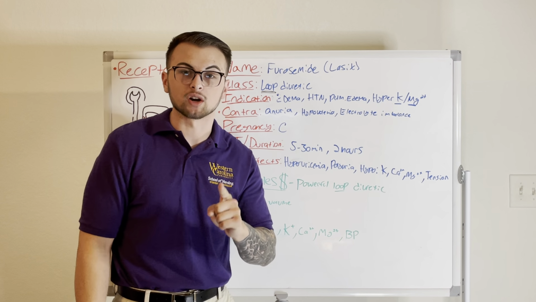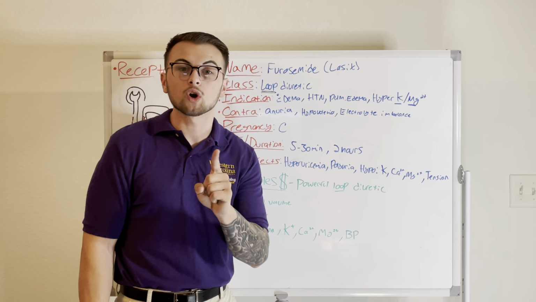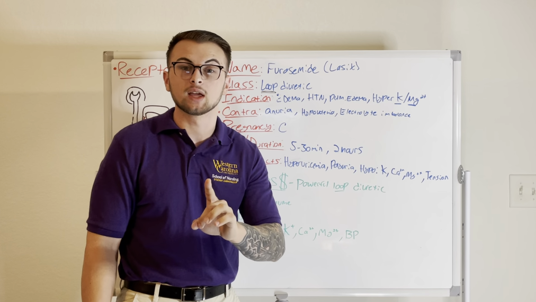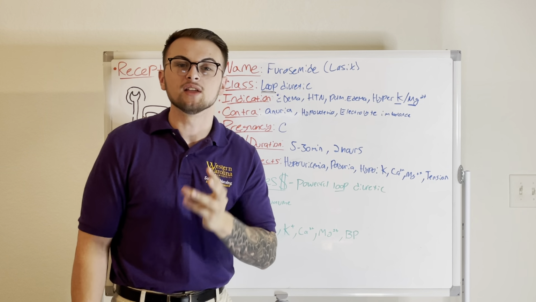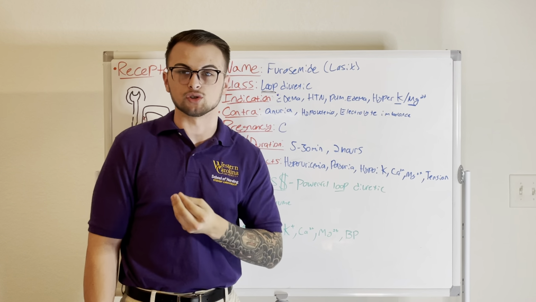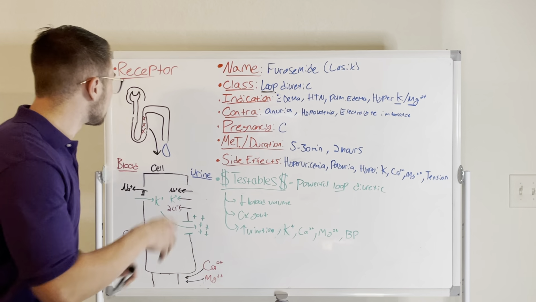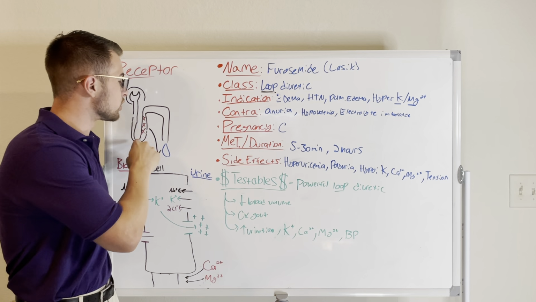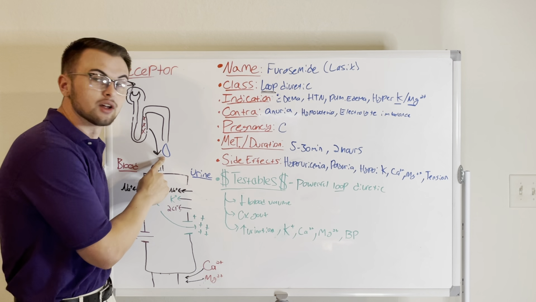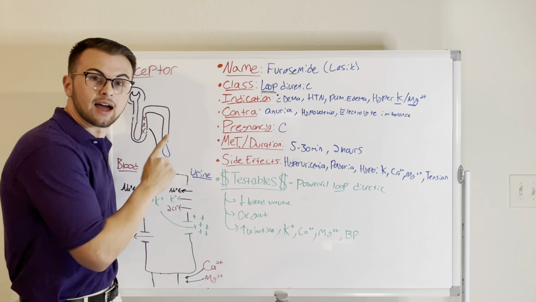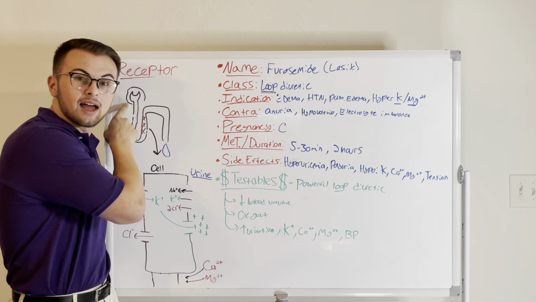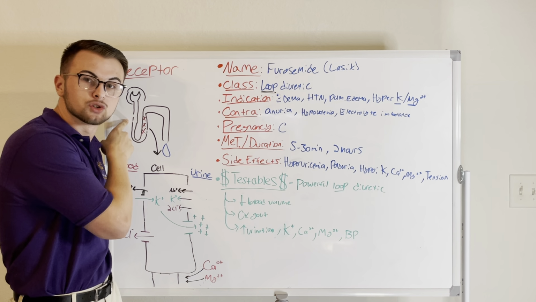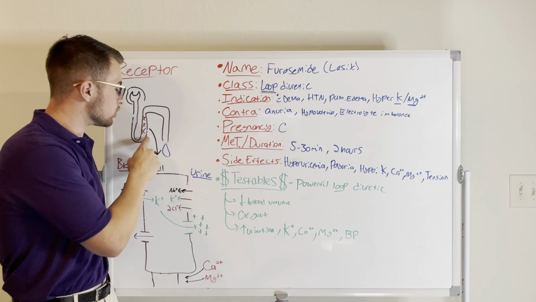Now, to make this drug so easy to understand, we're going to understand how furosemide works on a cellular level. If you follow along, I promise this drug will be so easy for you. Now, here I've drawn a nephron, and we all know that fluid is filtered and acted upon until the end result is urine. Now, after our fluid has been filtered and acted upon by our proximal convoluted tubule, it makes its way to the loop